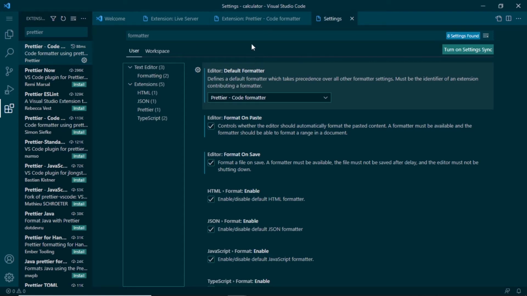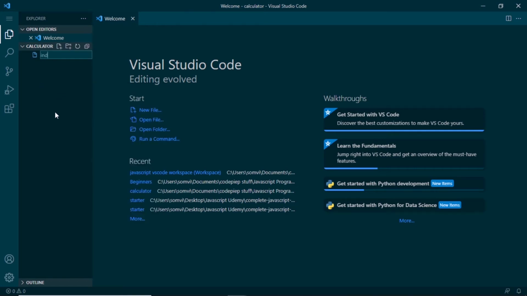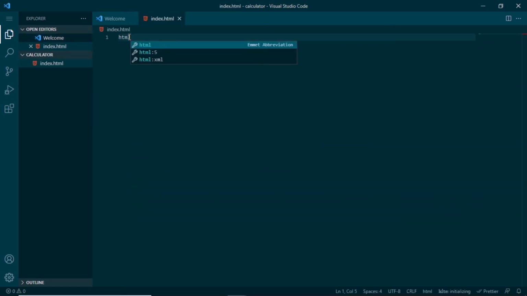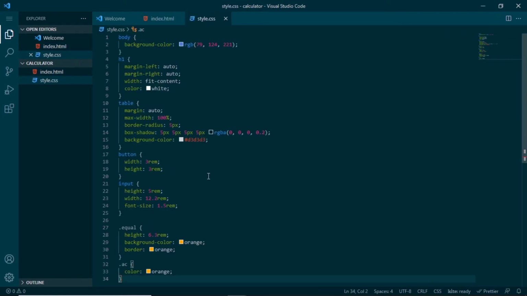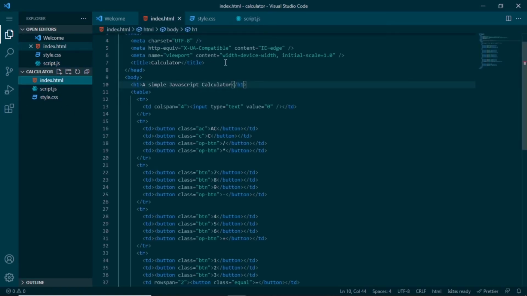With this installed, let's start our code. Here I will make an index.html file. I will use the autocomplete feature of Emmet, which will give me the basic HTML format. Let me not get into the styling part and quickly create a new file here. That will be script.js, and this is the main file where we want to achieve everything. But before writing this script, let me add this style and script to our HTML page. That should be rather simple.